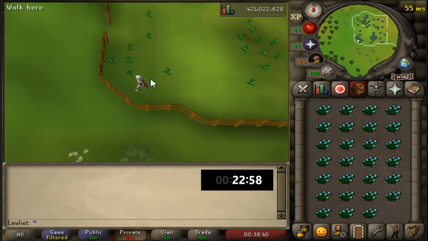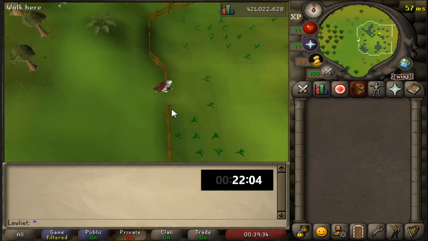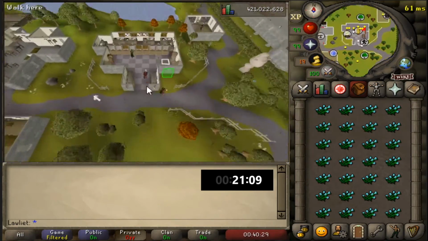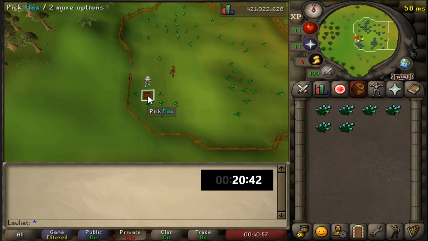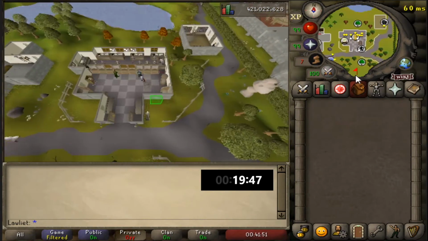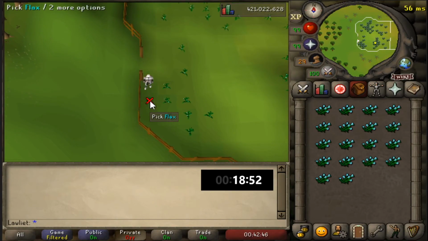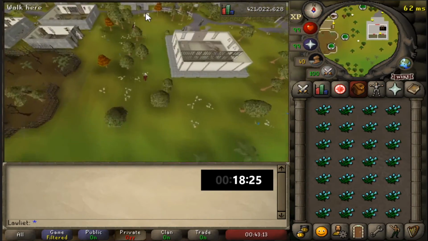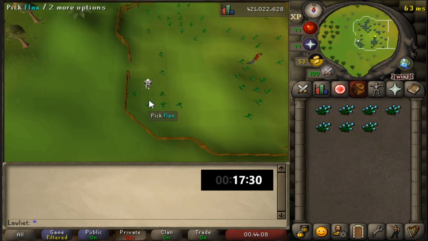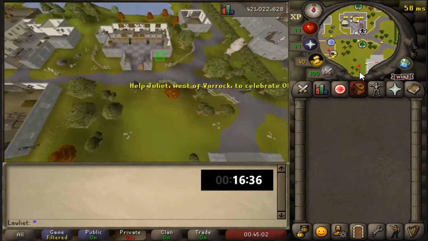Now, as far as the act of picking Flax goes, there's really nothing to talk about here. It's a pretty straightforward method. All you do is just run back and forth to the Flax field and to the bank, and then you just spam click the Flax on the ground. And interestingly enough, the Flax is pretty random on how much it gives you back whenever you're clicking from the one plant. So you could literally click the plant and only get one Flax and then it disappears,